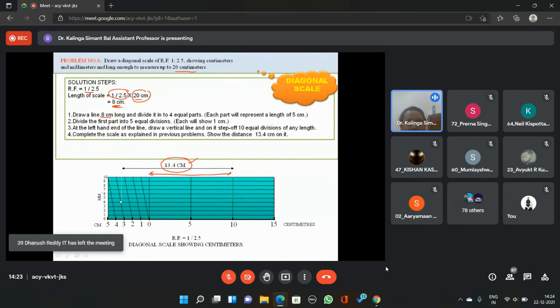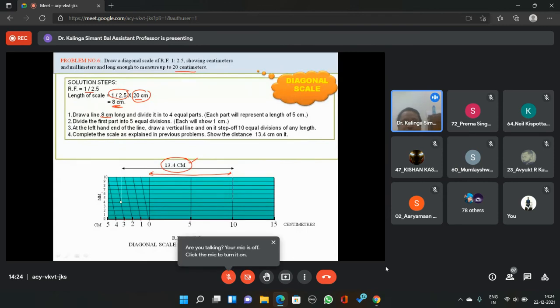So in this way, we can represent a diagonal scale to show specific distances. We can convert an area into specific lengths to be represented. So everything is possible if we have a diagonal scale, because it gives the divisions of subunit. That is the thing. So it takes a step further beyond the plain scale. It provides the division of a division.